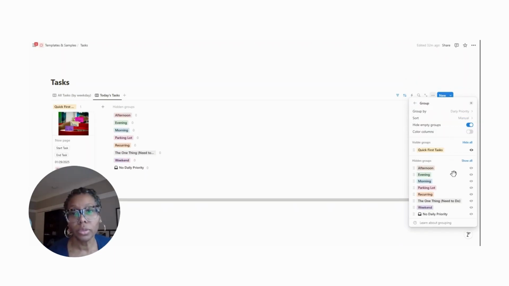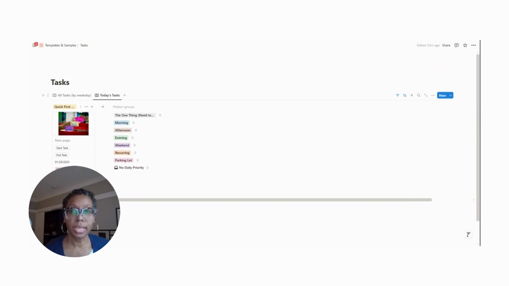And within this view, unless you choose show all, only those daily priorities that have tasks assigned to them will show up. So the rest of your views will be clean. And that's it. That's the walkthrough for building out your task